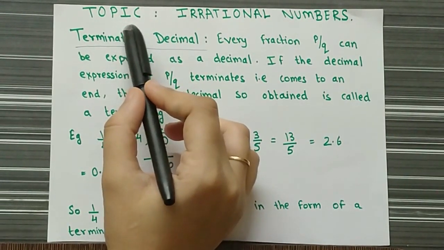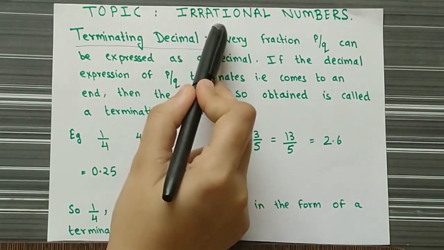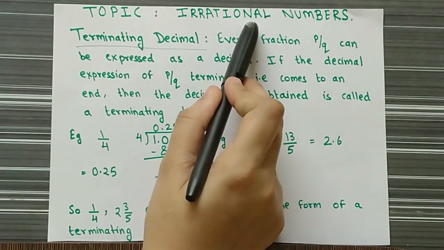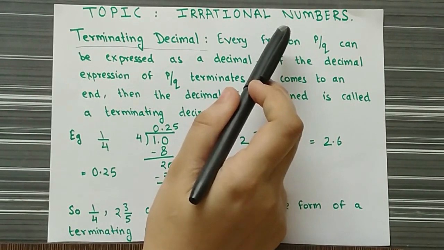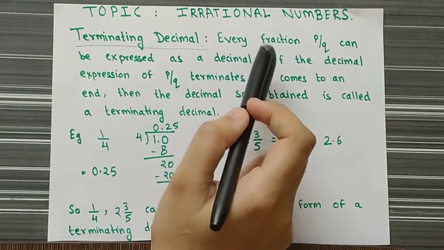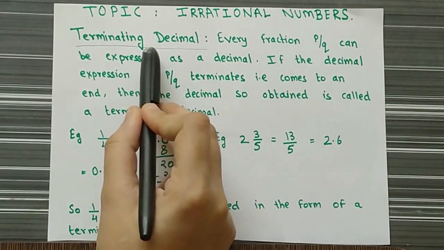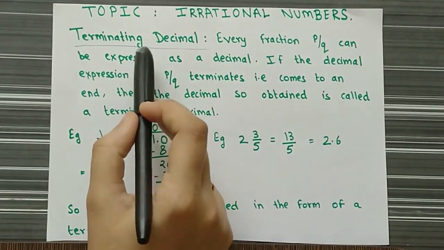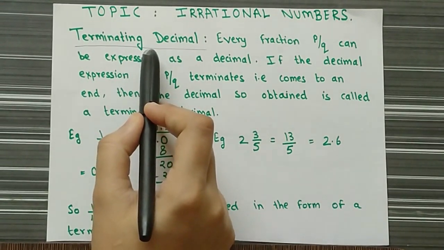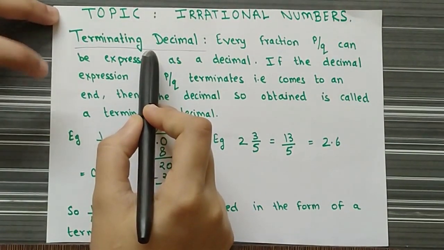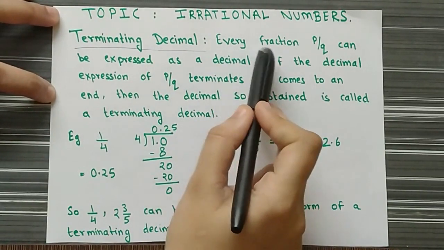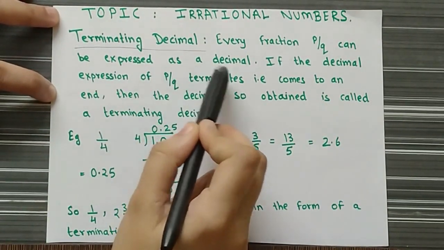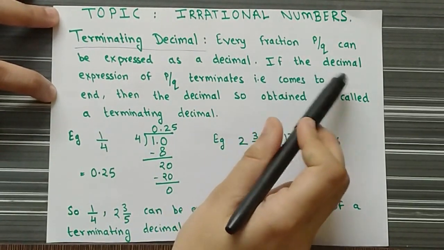So, in this video, we are going to study about irrational numbers. Before starting the concept of irrational numbers, we should know the concept of terminating decimals and repeating decimals. Firstly, we will start with the definition of terminating decimal. The definition of terminating decimal is: every fraction p by q can be expressed as a decimal. If the decimal